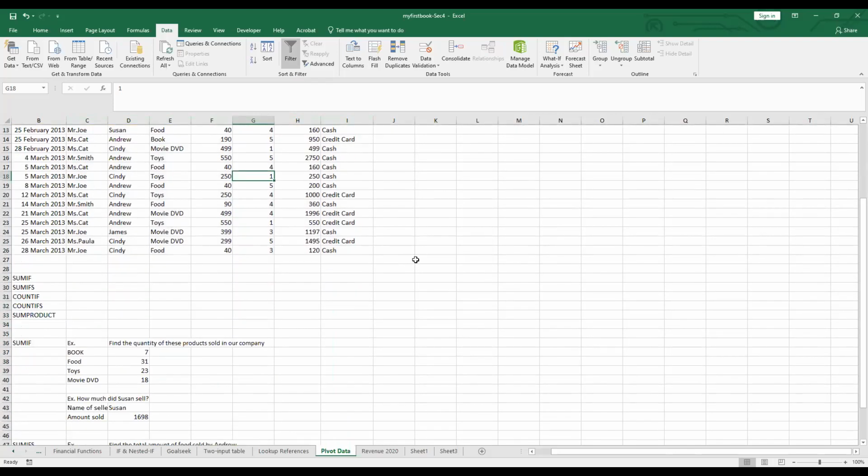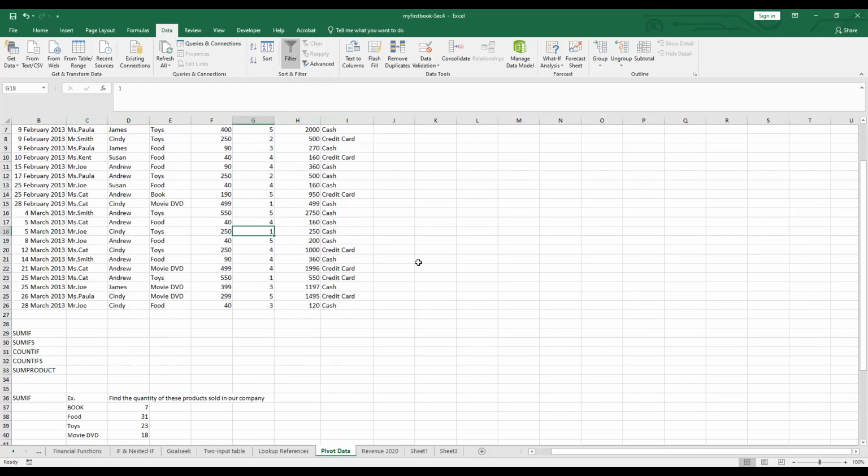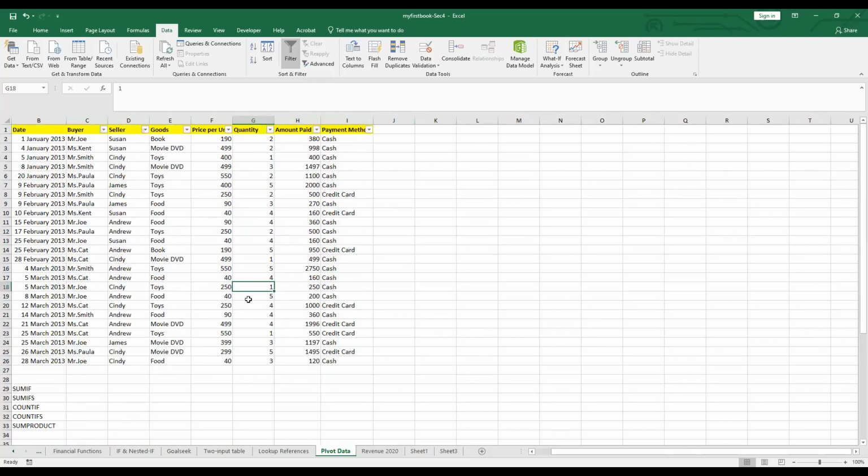This morning we talk about the SUMIFS functions. These two functions are the functions that we use in order to find the sum of the values according to the conditions that you have got. For example,